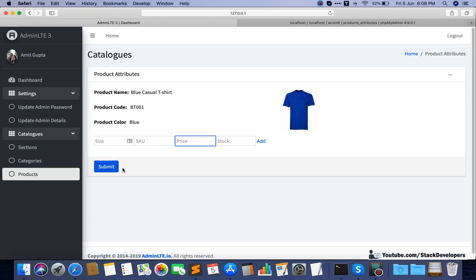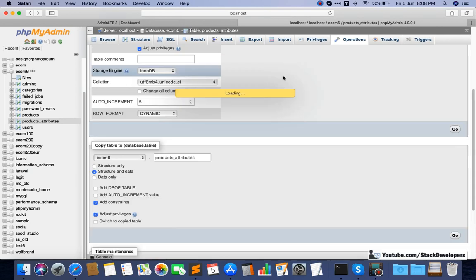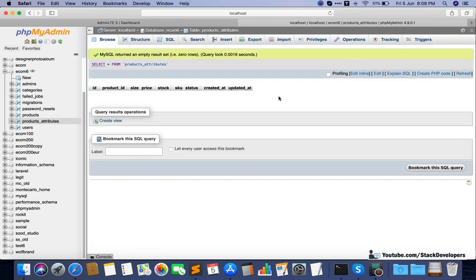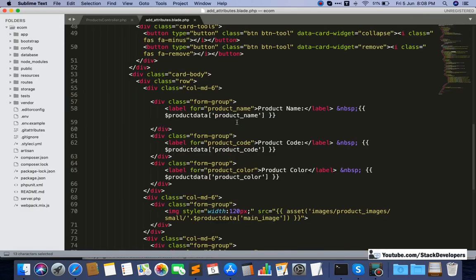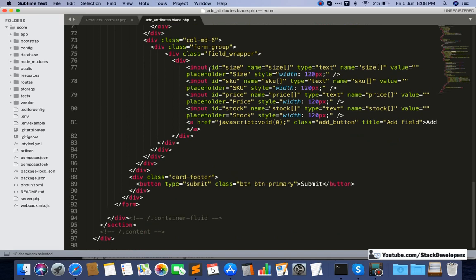Now see one more thing I'm going to do. I'm going to add the required attribute, because submit will accept the dummy data. You can see, though it is not adding, we will not allow the user to click on submit before he needs to add the data in this one. So for that I will just add required. I will add required for all of these, required, required and required. So this one we have added.